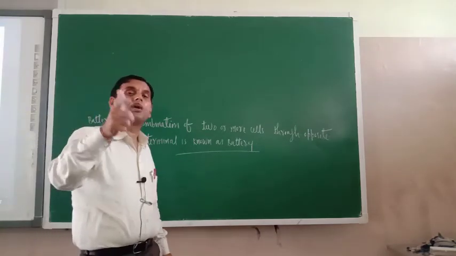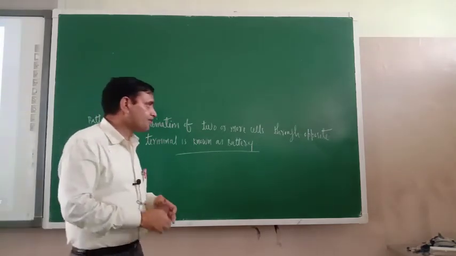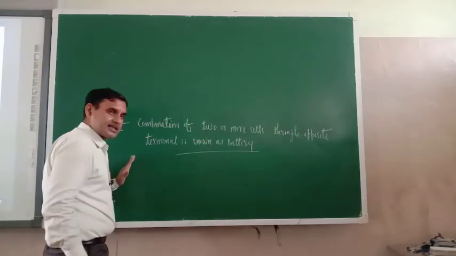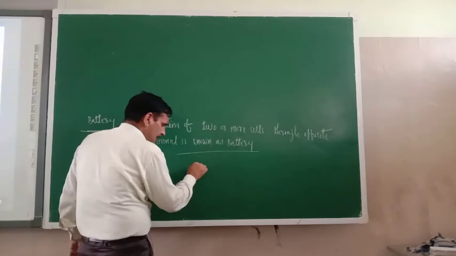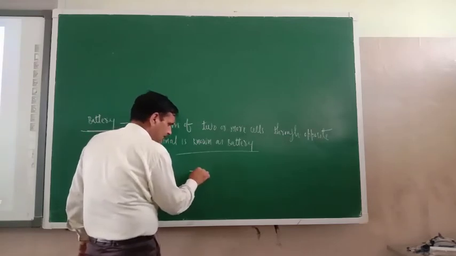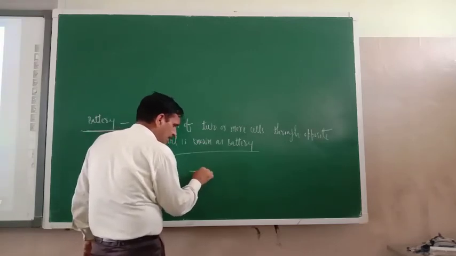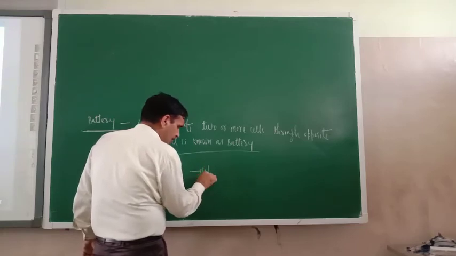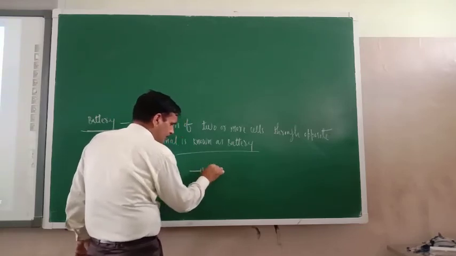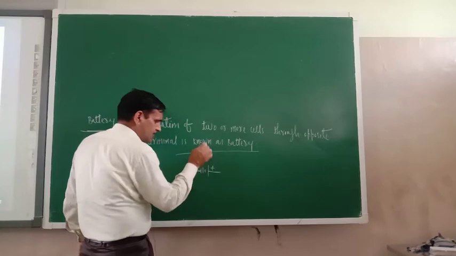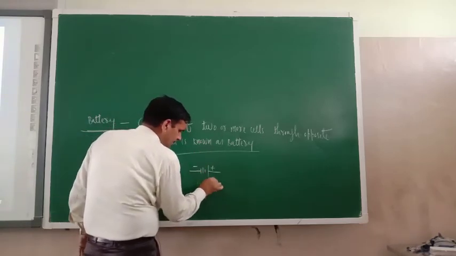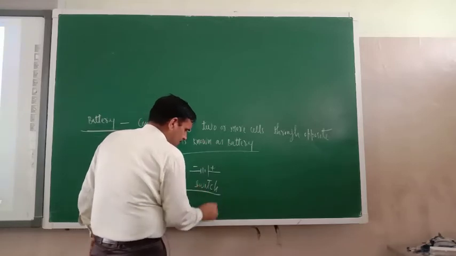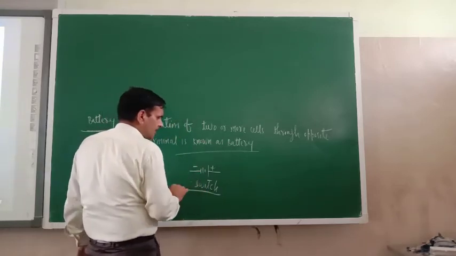Especially electric symbols are very important, and especially the switch. How will you write switch? Switch is like that. Just see this one, then a little bit longer, then small, then bigger. Now the bigger side is the positive terminal, this is the negative terminal. What is this one? This is switch. Just try to understand here.